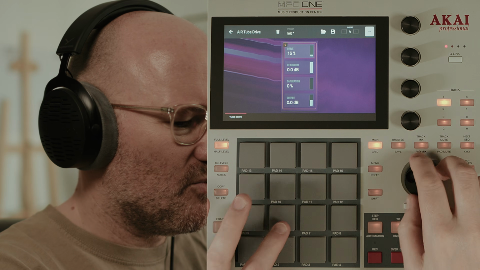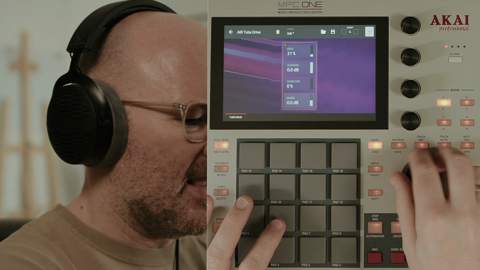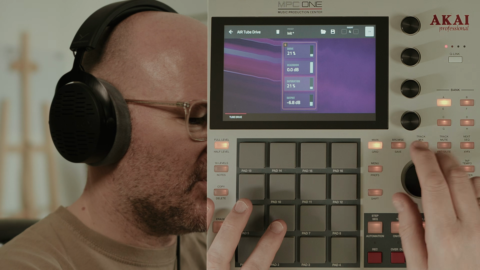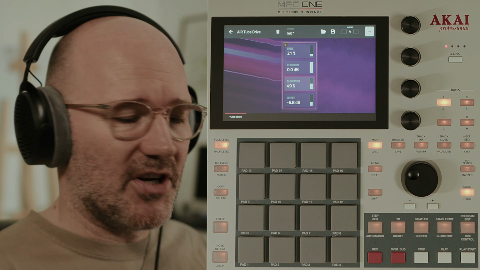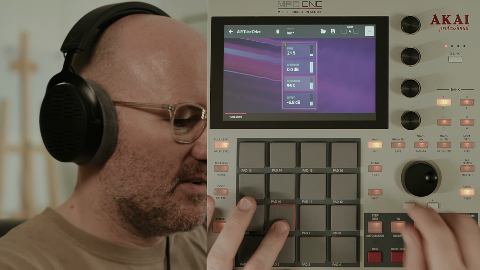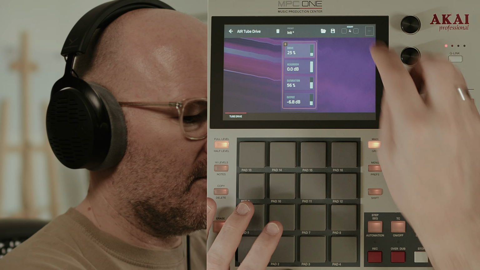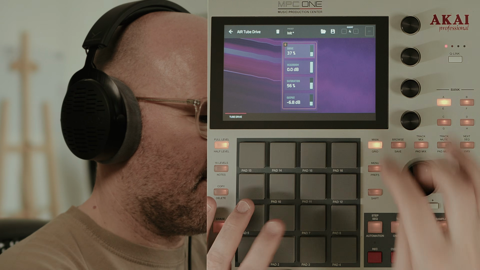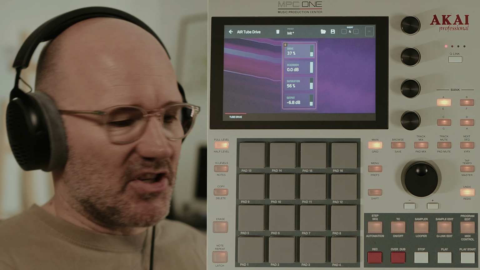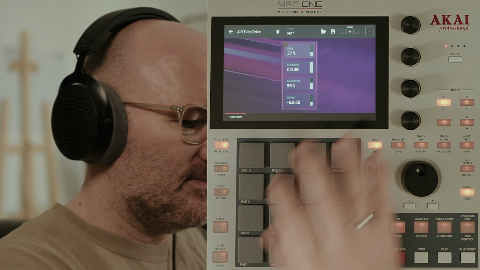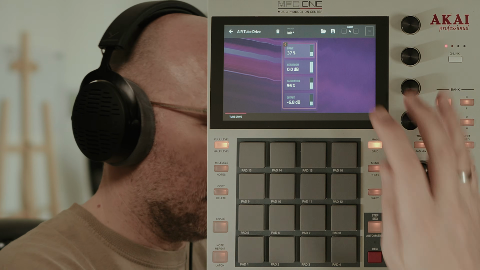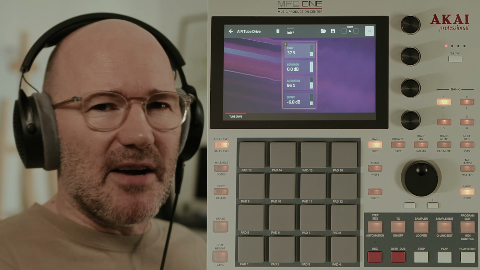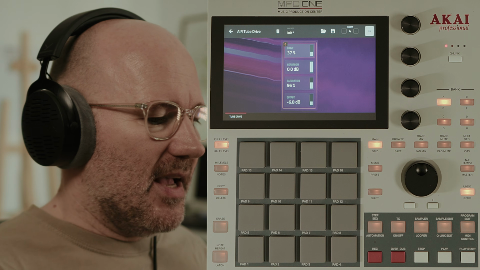Bit of drive. Take the output down just to level it out. Saturation. Sounding like Jamie Oliver, aren't I now? The chef. That to me just adds pure flavour. Nice. It just gives a bit of grit and a bit of character to the kick drum, especially, you know, the